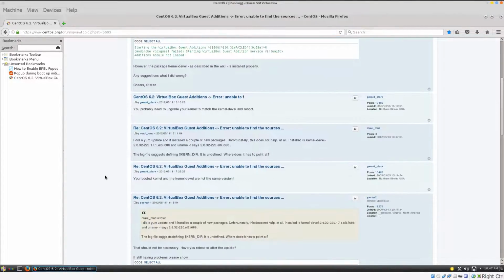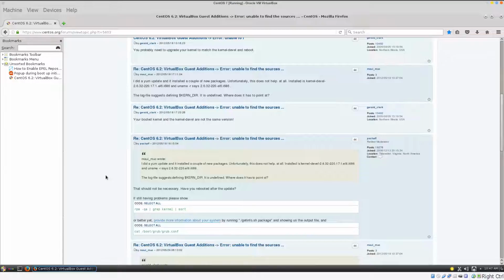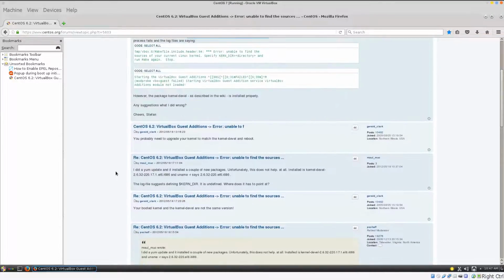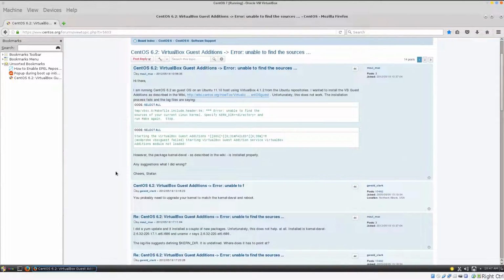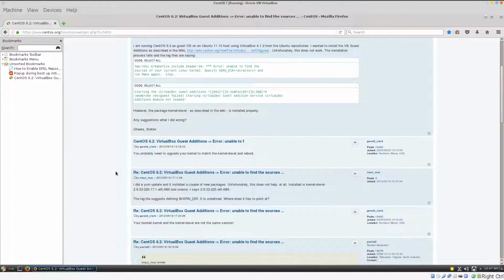I don't know if this is it, but you want to install GCC, and you also need to install this kernel-devel. Both of those two things had to be installed to fix some of the problems I had, and then I had to